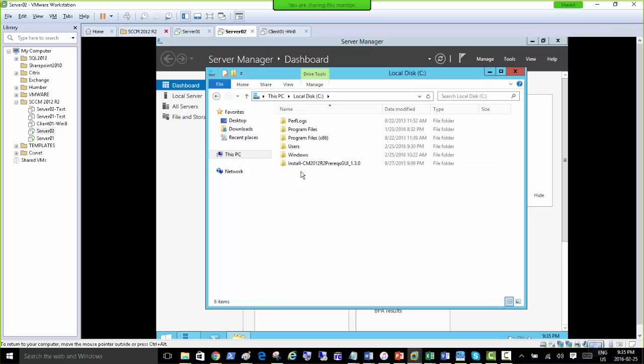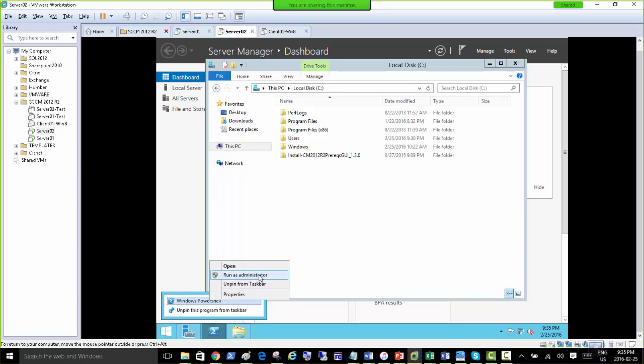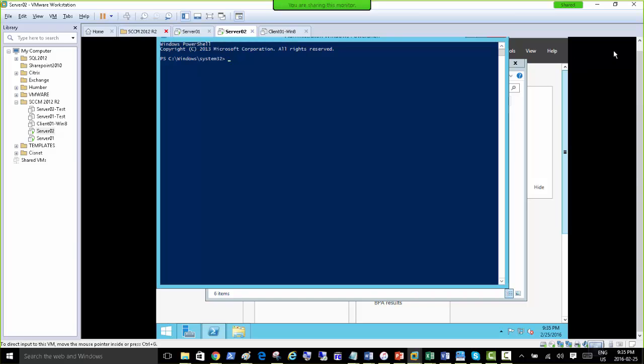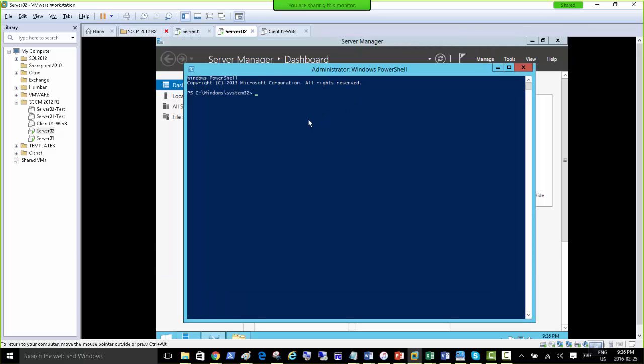Okay, so what I'm going to do now is, there's that PowerShell. I know the script is in the C root, and this is the folder. So I'm just going to go to PowerShell, right click, run as administrator, right? When we run PowerShell for the first time on any Windows computer, PowerShell is always on Windows only, so you have to give yourself permissions to run any script,